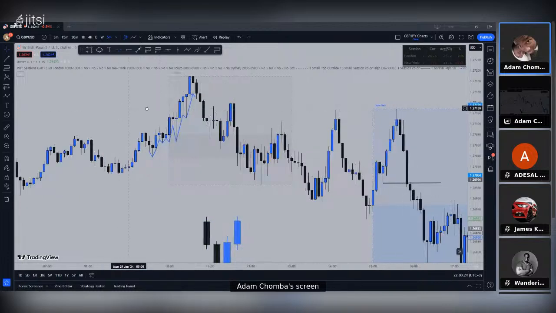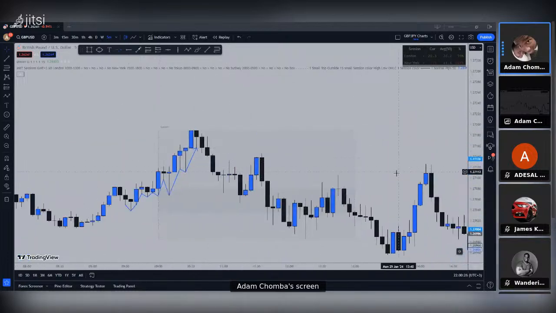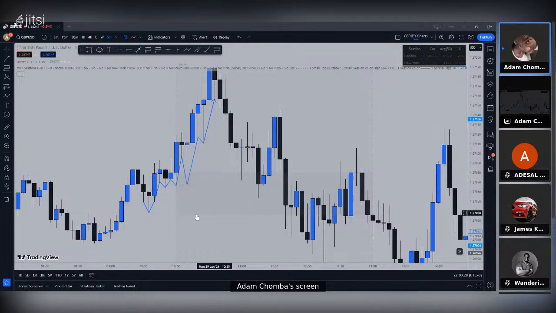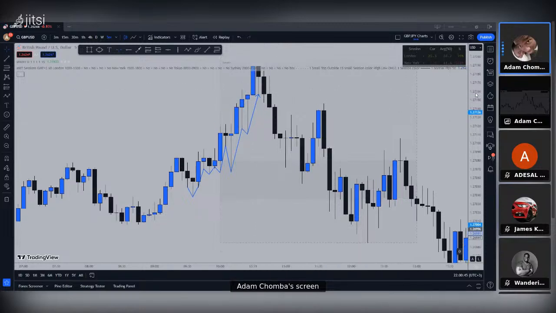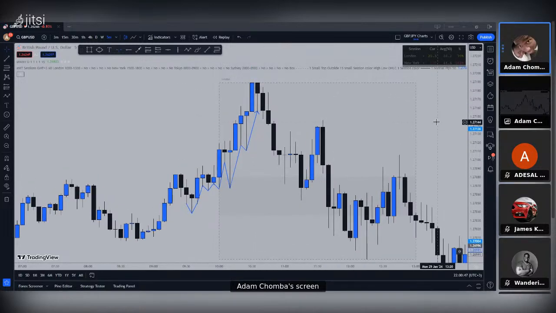Okay, so I want you to zoom in. I want to zoom in here so that you can see that kind of structure. So these are swing points. So this is a low swing point. Above, comes down, goes up, comes down, goes up, comes down, goes up, comes down, goes up. So when the market is breaking structure, this might sound